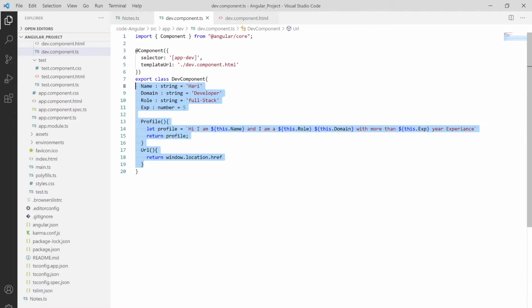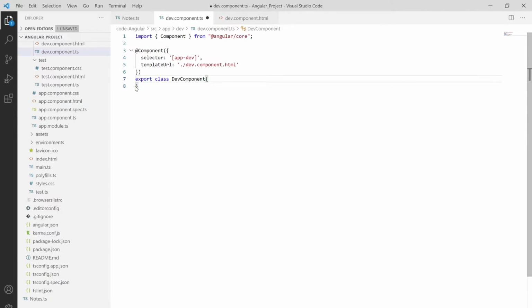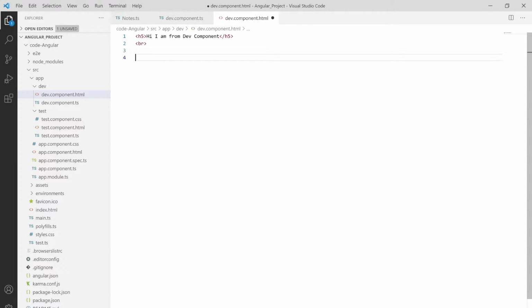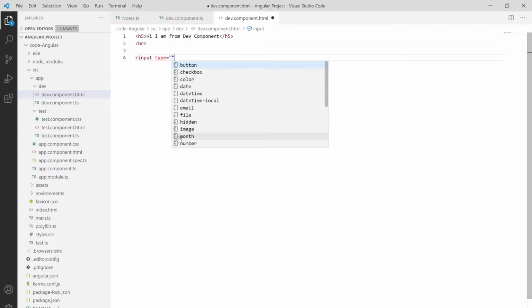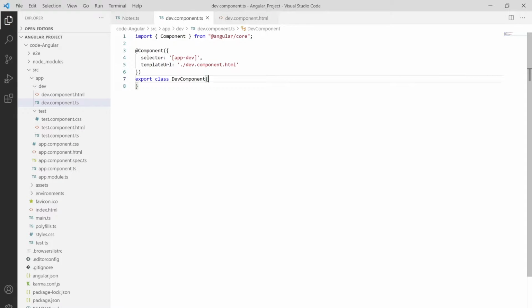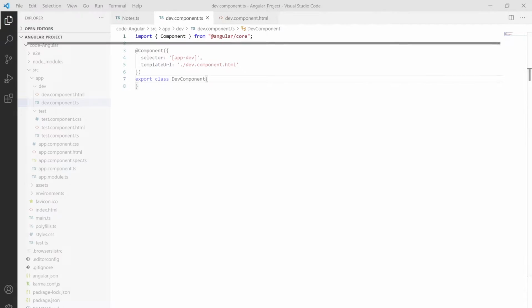Let me clear this as it's of no use, and also clear the HTML, and introduce an input with the type I want. I'm putting text and the value Hari. Let me save this and go to the browser.